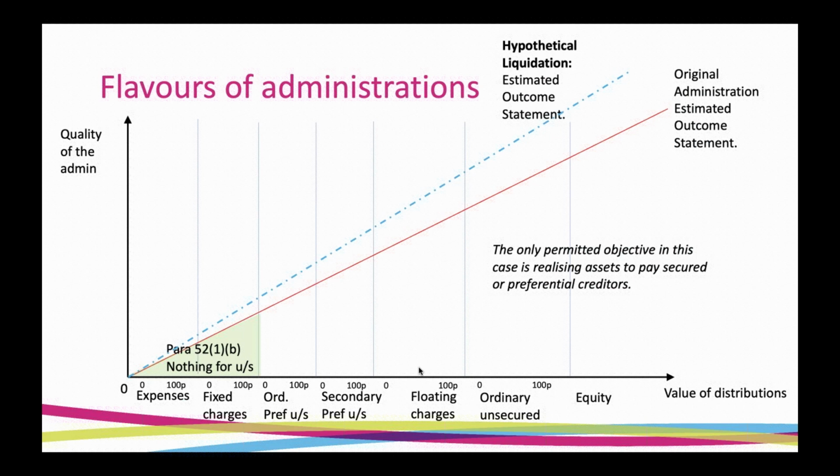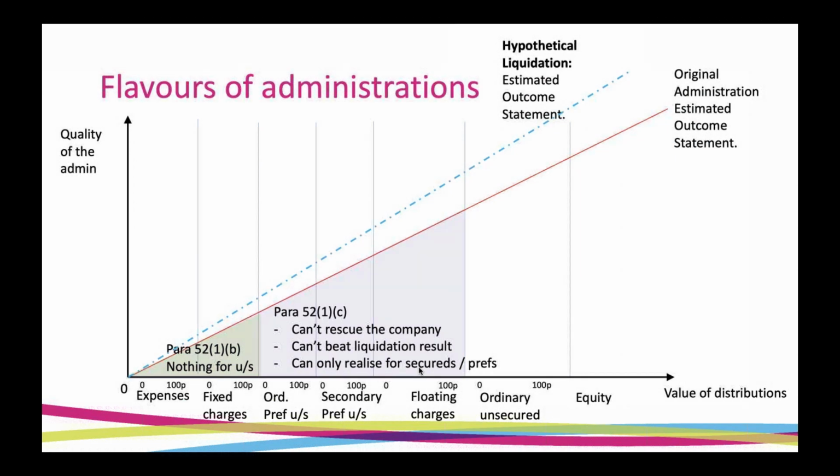And if the administration is not achieving as good a result for creditors as a whole that the hypothetical liquidation would, then paragraph 52(1)(c) might apply if you can fit within the permitted purpose of the administration of realizing assets for preferential creditors or secured creditors. There's a big overlap between paragraph